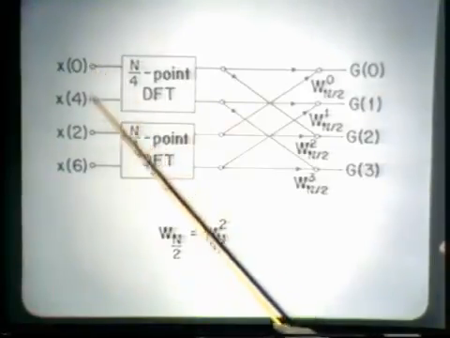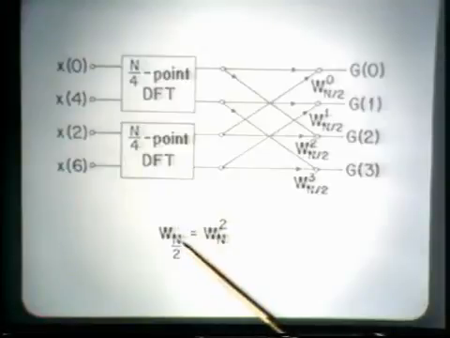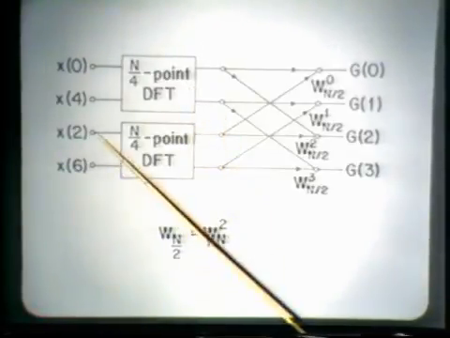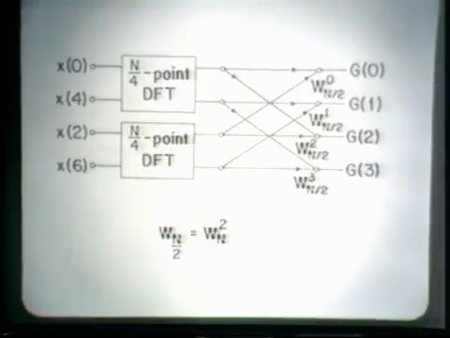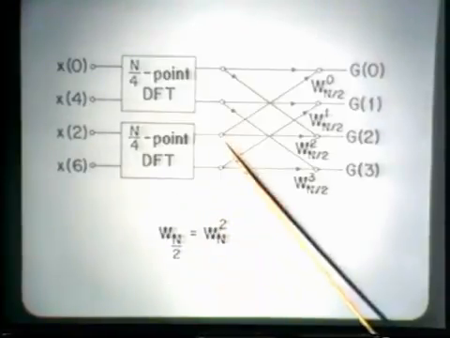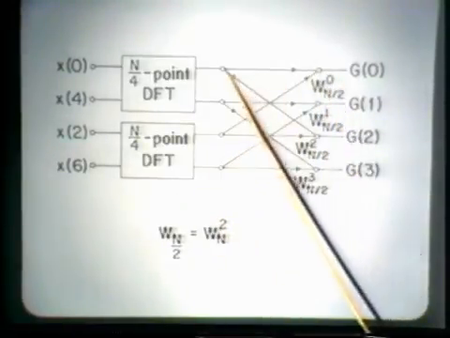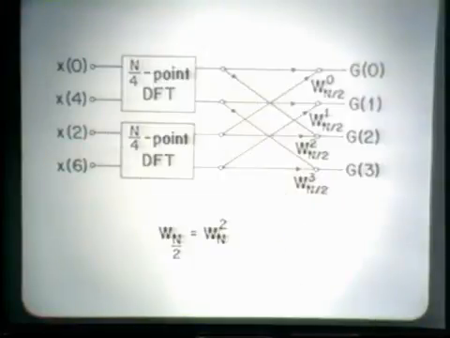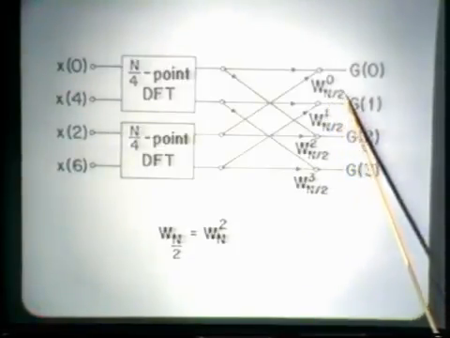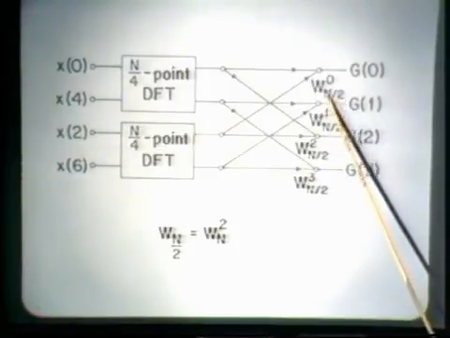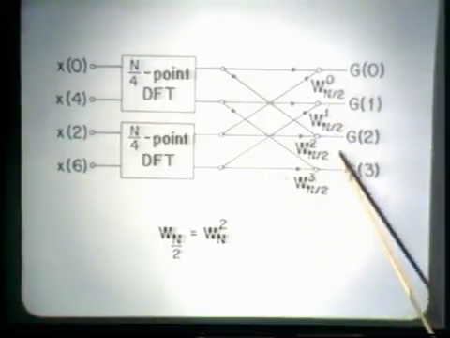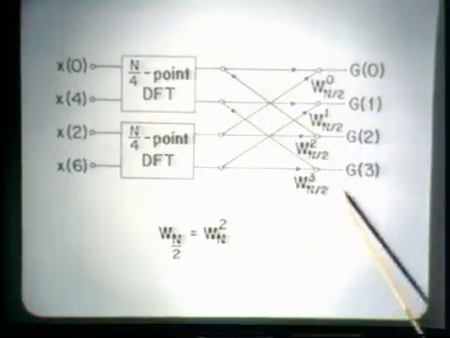So we have the even-numbered of the even-numbered points into an n/4 point DFT, the odd-numbered of the even-numbered points into a second n/4 point DFT, and then those results are combined in exactly the same way as the n/2 point DFTs were combined in the previous view graph, but now with n/2 as the subscript rather than n,